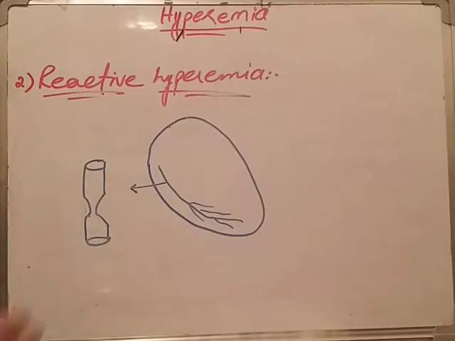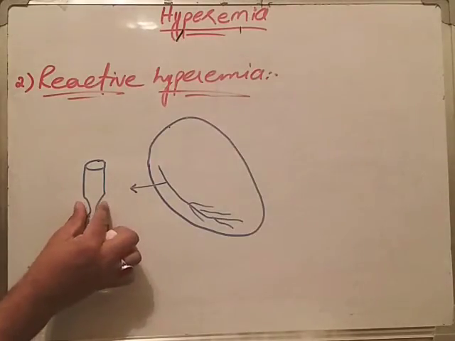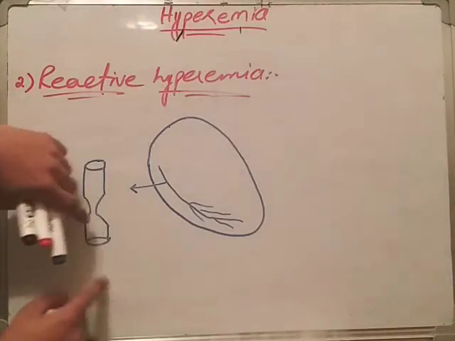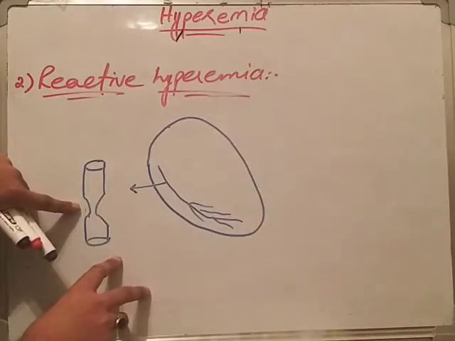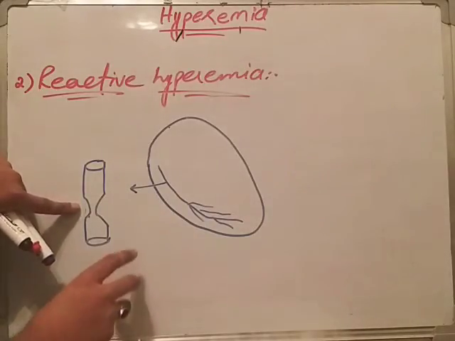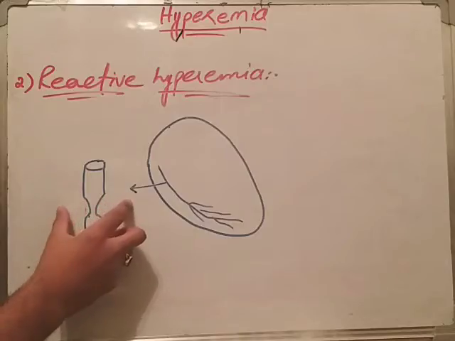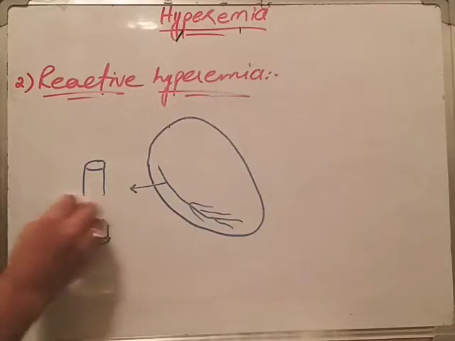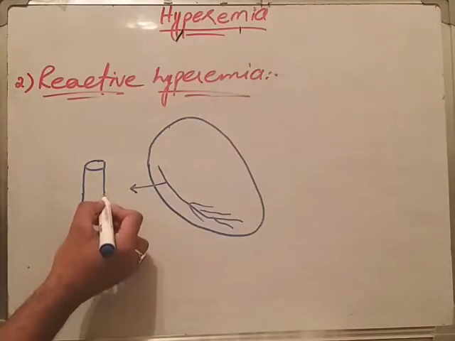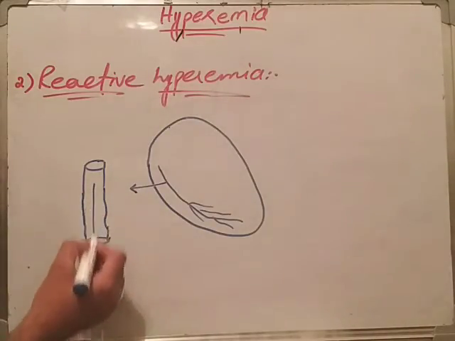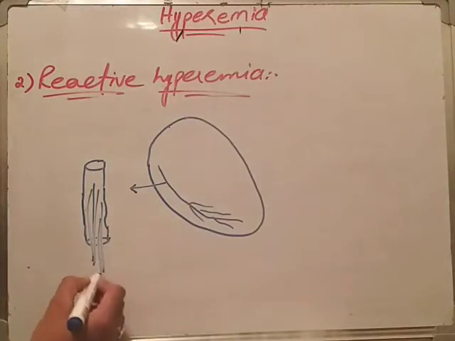So for example, it is blocked, I suppress this area, and blood supply to that particular region decreases, a hypoxic or ischemic state. After this, when I release the pressure or when this artery comes to its original position, rapid blood flow to that particular region occurs. I will give a best example.